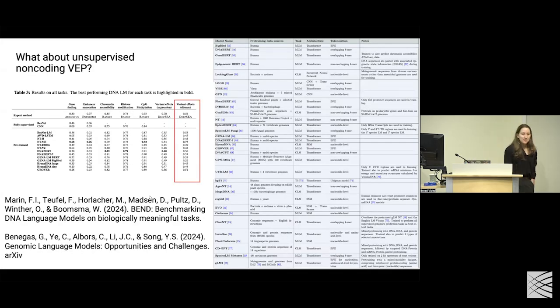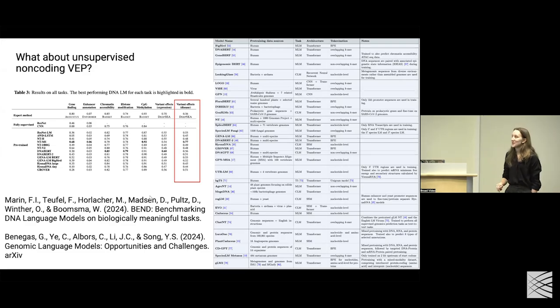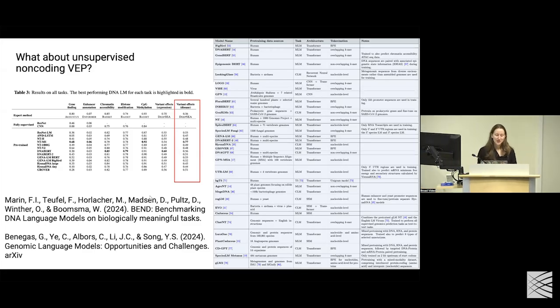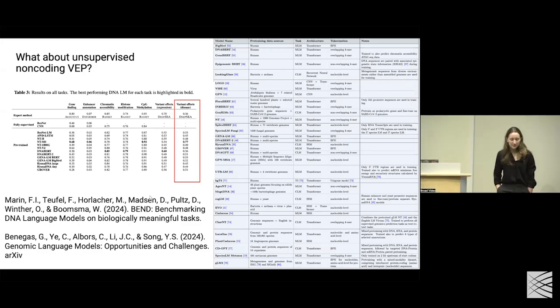So this is something I'm working on in my PhD. Don't read all this. Sorry, I should have done an animation. But basically, what about unsupervised non-coding variant effect prediction? I talked a lot about proteins. What about non-coding variant effect prediction? So this is like a big mess, but people are trying to get at this question. We've seen this year small conference papers such as BEND, which one of my collaborators wrote, where they took some of these different models you see here on the right that are allegedly training on non-coding information in an unsupervised way, and they're subjecting them to a lot of different tasks.